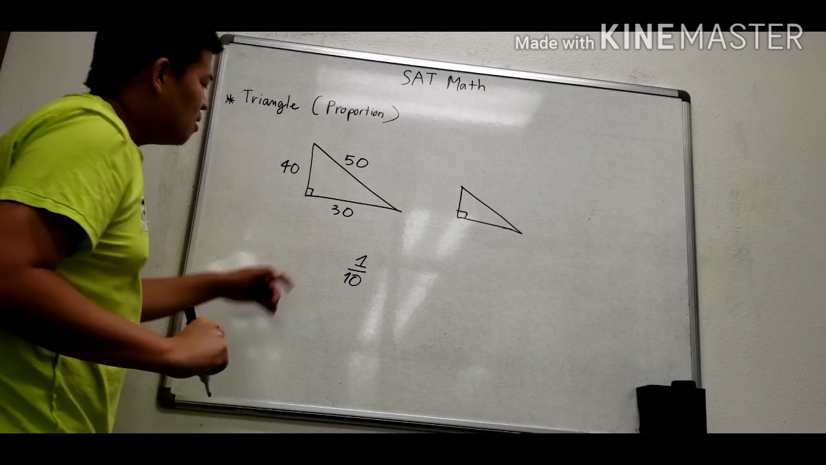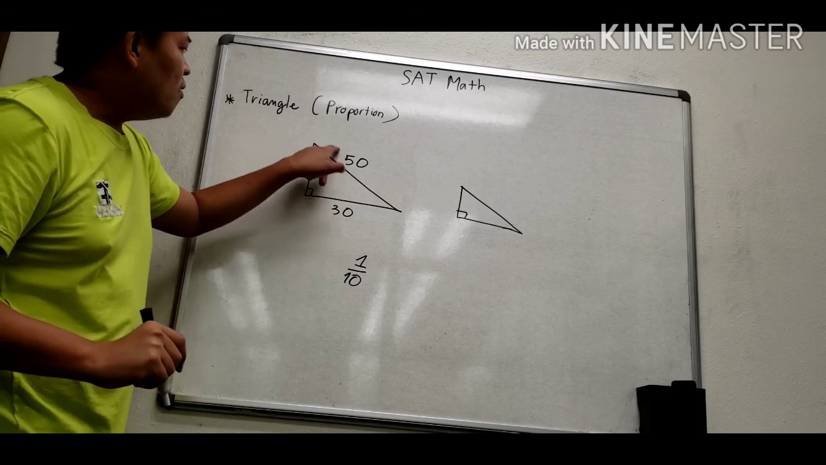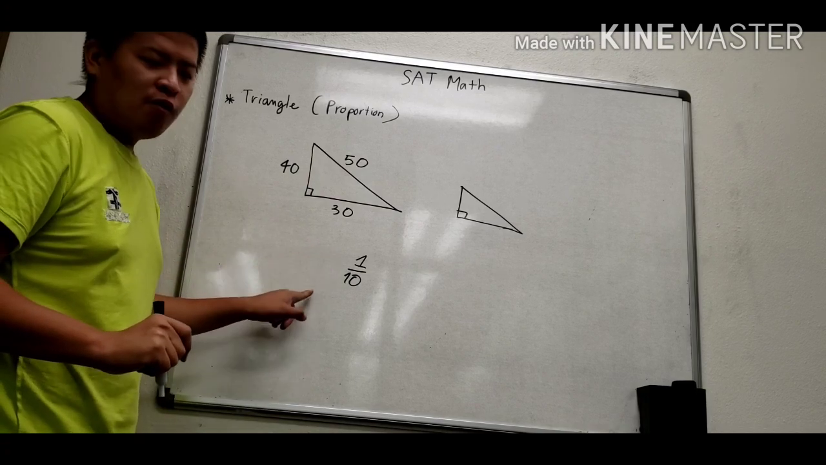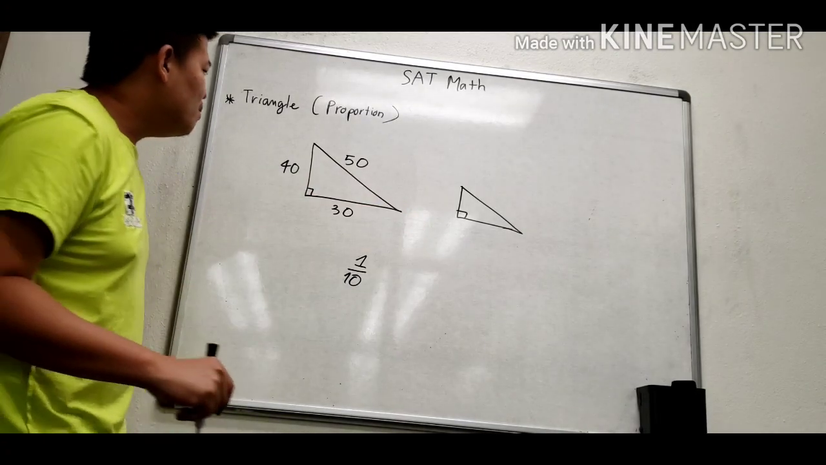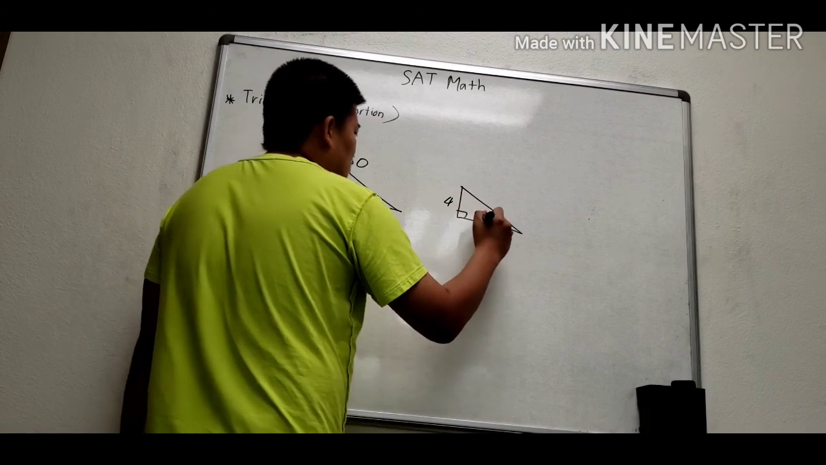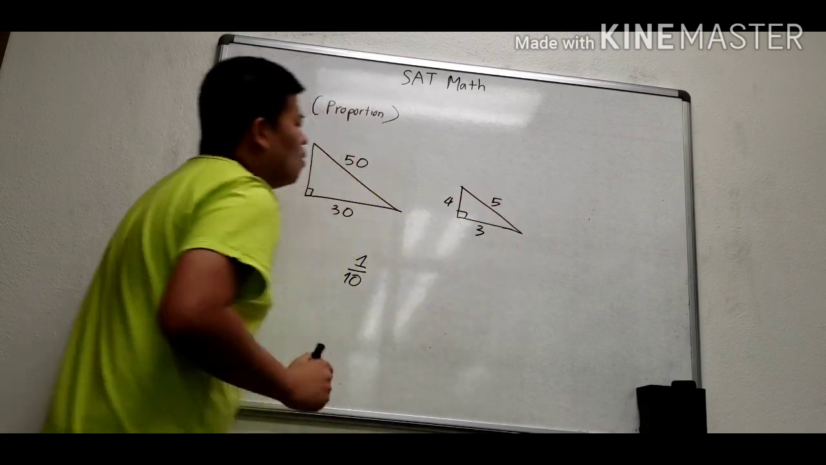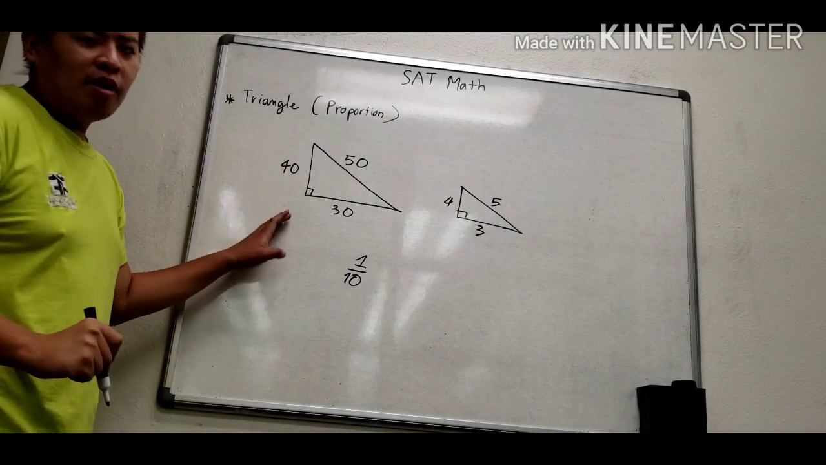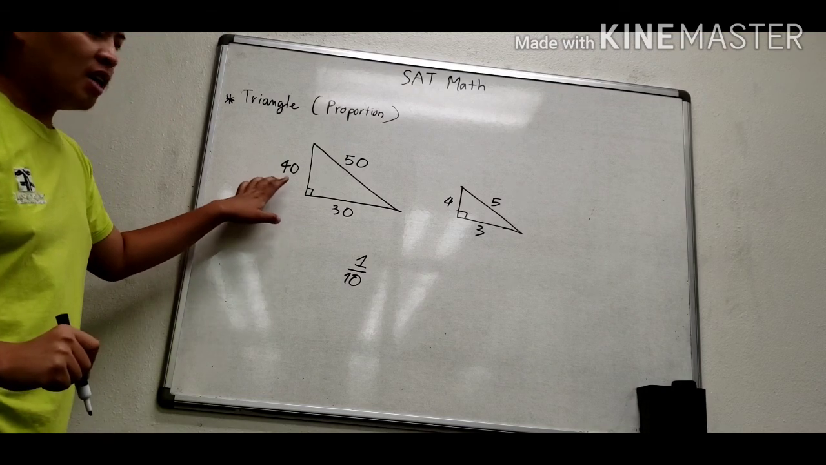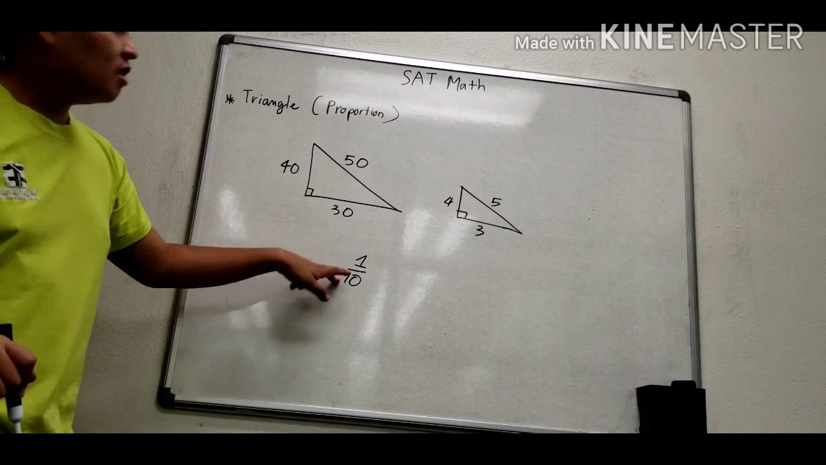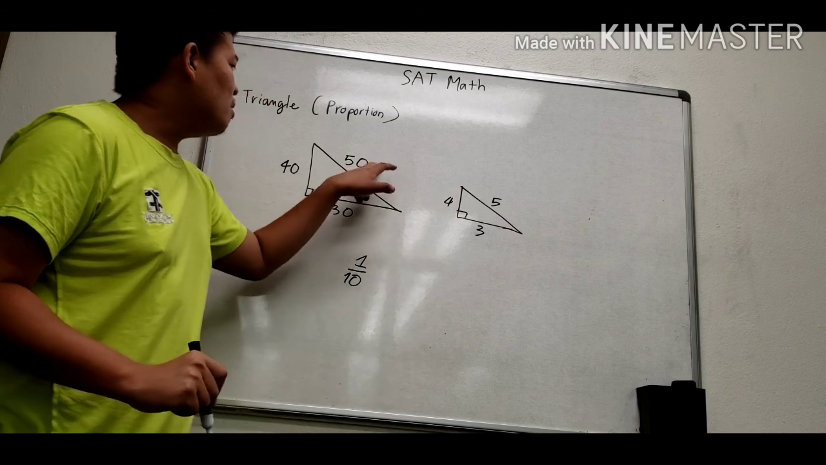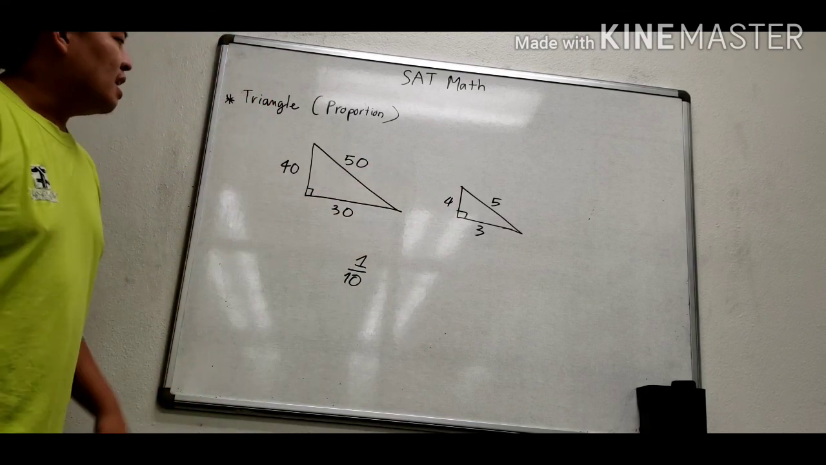So when we have 40, 30, and 50, and they ask about 1/10, the small triangle will become 4, 3, and 5. Why do we have numbers like this? Because for each side, you need to divide by 10, and you get 4, similarly 5 and 3. And the next one,